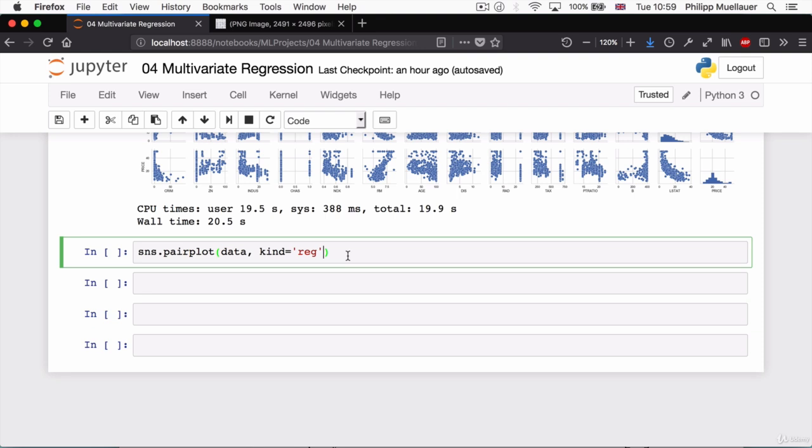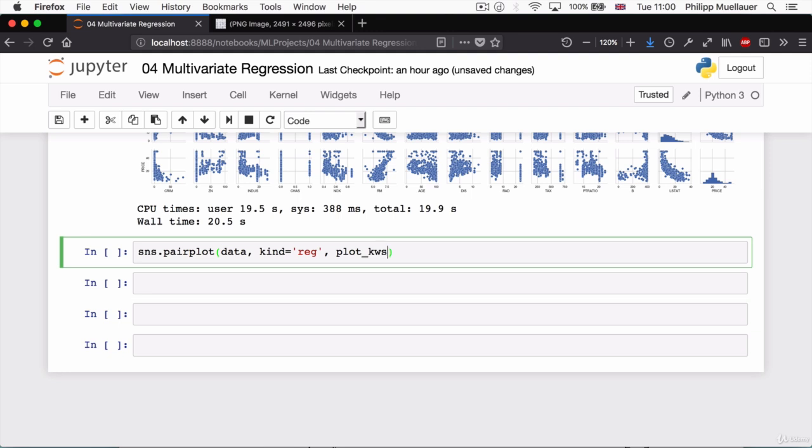Now, I know what this regression will look like because I've already run this code before, but the thing is, it will be colored in exactly the same way as our data points. So it'll be blue on blue, which won't be very helpful. We want to color our regression line a little bit differently. And I want to do that now. I don't want to execute this code, wait 20 seconds, and then add more code, wait another 20 seconds. So I'm going to add another keyword argument here, and that's going to be the